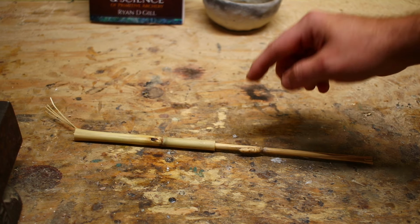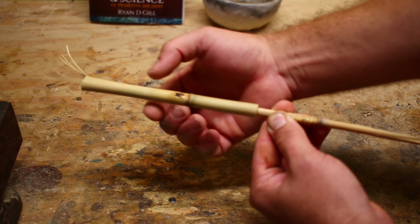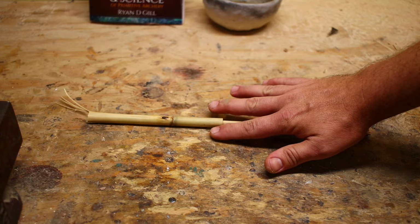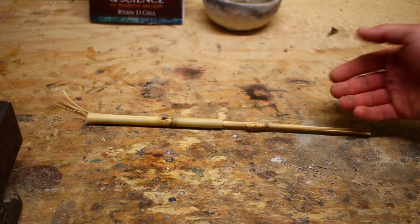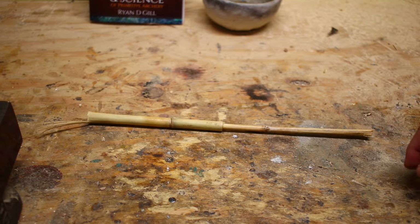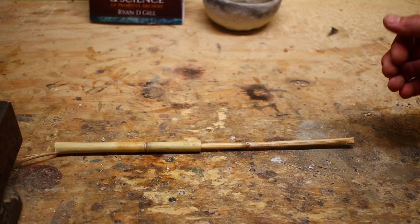And why it is so important is this is a demonstration on how we fill the end of the arrows. So this way we can taper the shaft down, and I've talked about this at great detail in other videos. But when we put a stone point on here, we want a very, very smooth transition. So we stuff the empty internodal chambers with a smaller diameter piece of cane, and we need a really good glue that's going to hold that in. So that way we can taper the shaft down to the stone point